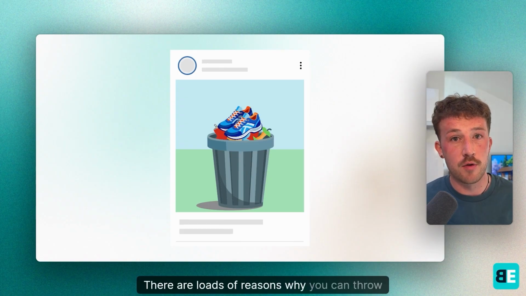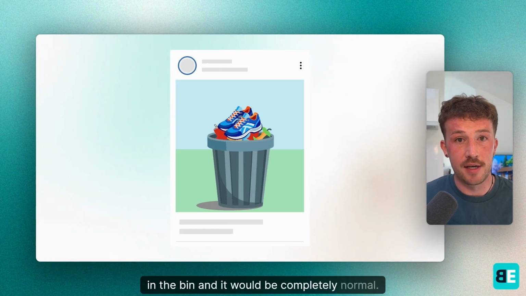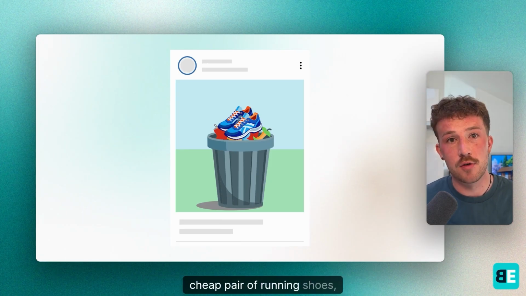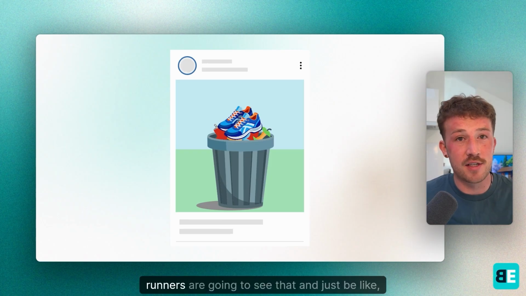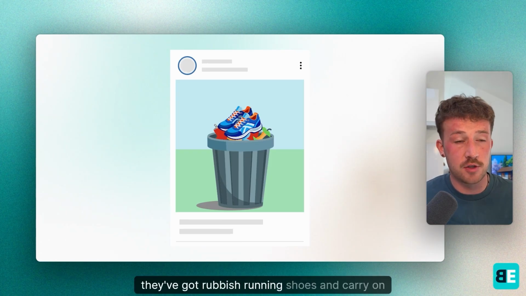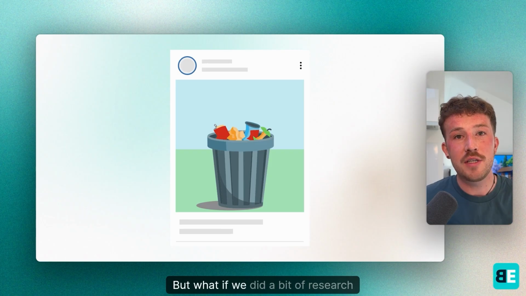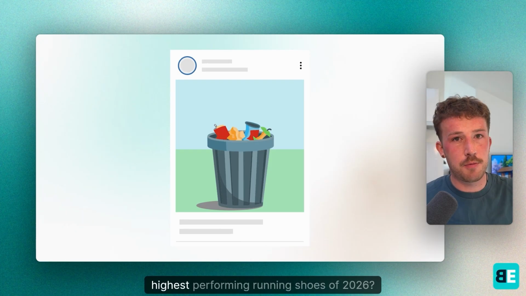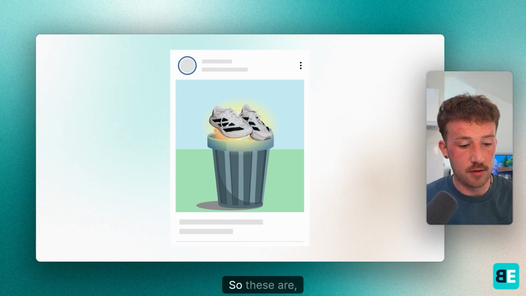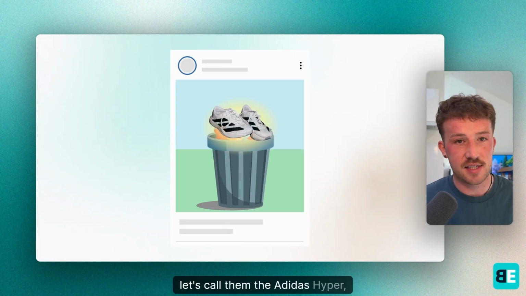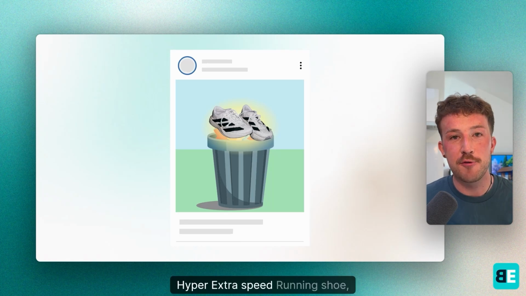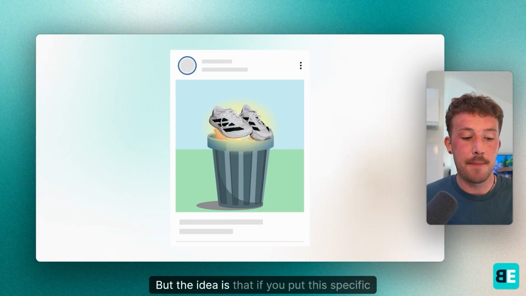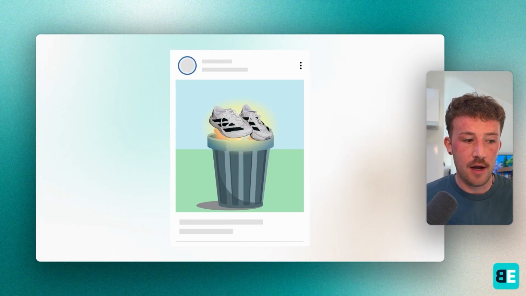There are loads of reasons why you can throw running shoes in the bin and it would be completely normal. If you've got an old tatty pair of running shoes or a particularly cheap pair of running shoes, that would be normal. And then the runners are going to see that and just be like, okay, they've got rubbish running shoes, and carry on scrolling. But what if we did a bit of research? And what if we looked up the best, most popular, highest performing running shoes of 2026? So these are, I don't know, let's call them the Adidas hyper extra speed running shoe, mega shoe. Whatever, it doesn't matter. But the idea is that if you put this specific product in the bin,